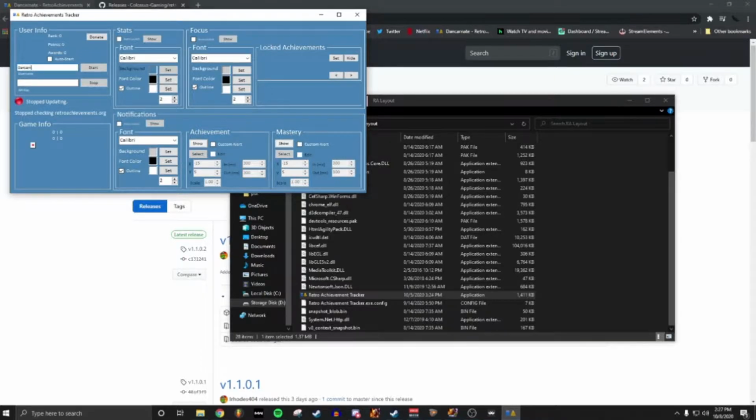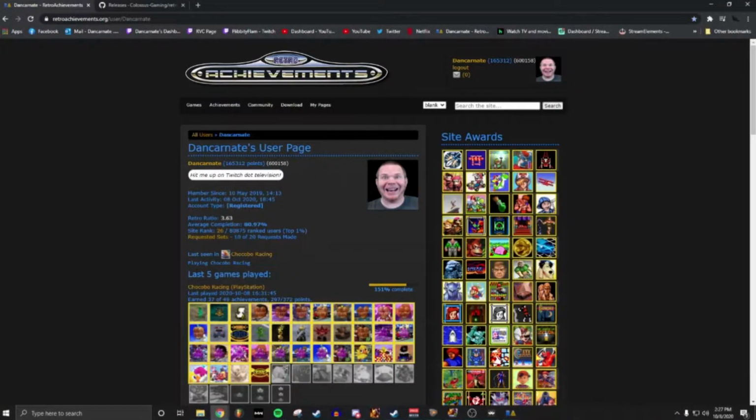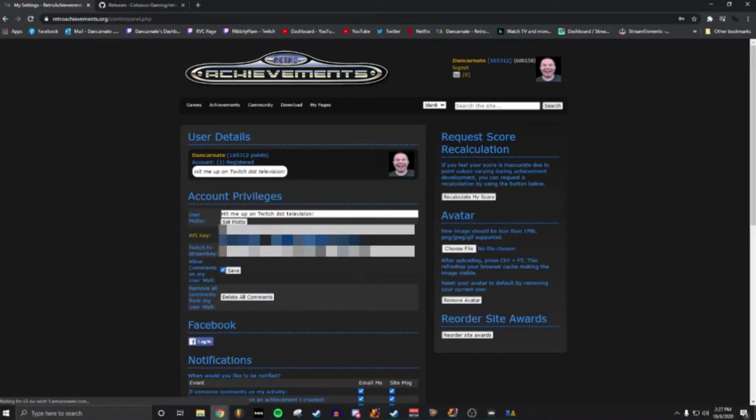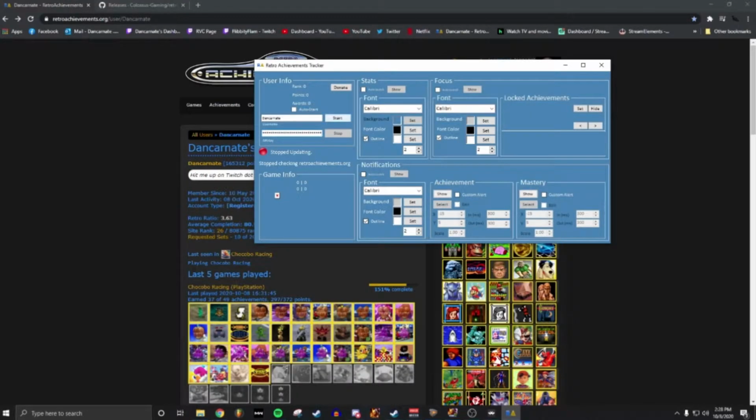Now this window will not do anything by itself. The first thing that you have to do is enter your username and grab your API key from the retroachievements.org webpage. And that can be found here on retroachievements.org. After you've put in both your name and your API key for retroachievements.org, the tracker will get going when you